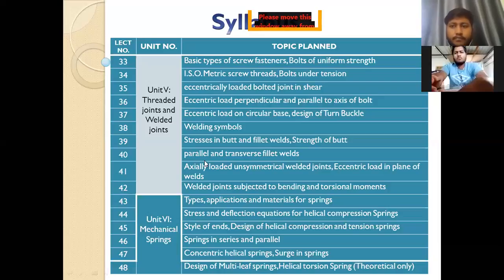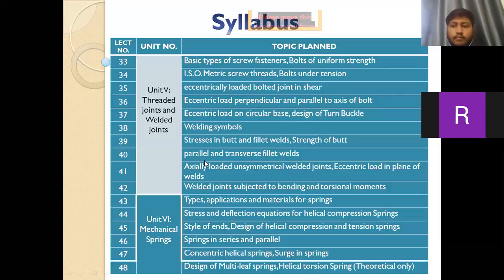The welding symbols, then we'll go with the welded joints part. In that we'll try to understand what welded joints are, what the welding symbol is, what the different types of welds are. Once we know that, we'll calculate the strength and stresses in the welded joint, and depending on that we'll have a design of a welded joint. Again, here mainly we'll concentrate on the eccentric load, because welded joints are generally eccentrically loaded. I mean, they are loaded not at the CG of the welded joint, but outside of it. For that we'll see what kind of stresses and torque will be there on the welded joints, and then we'll do the design.